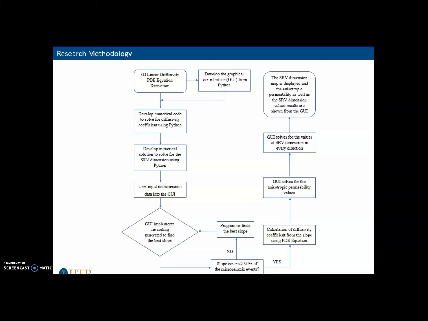the permeability values. A code for the equation of diffusivity coefficient, that is an important parameter for the calculation, as well as the equation to determine the SRV dimension and permeability values, are written into the software. User input is tested with the case studies microseismic data into the GUI. The software will then implement the coding written to find the best line slope that covers at least 90% of the data below it, as studied by Urbancic and Baker in 2013 mentions that a valid SRV requires at least